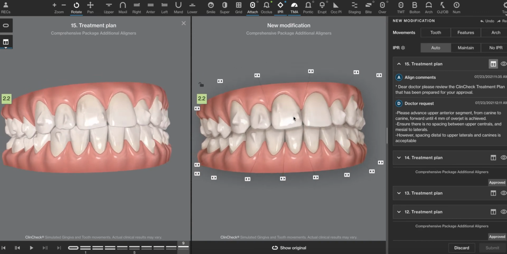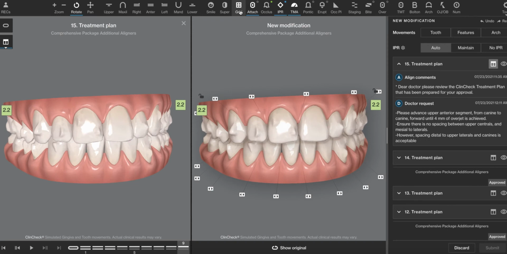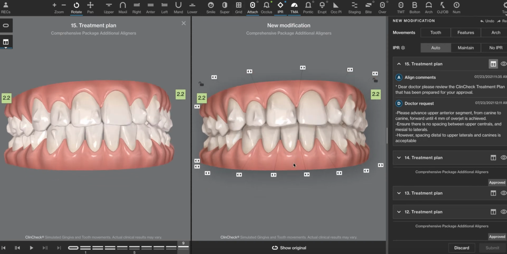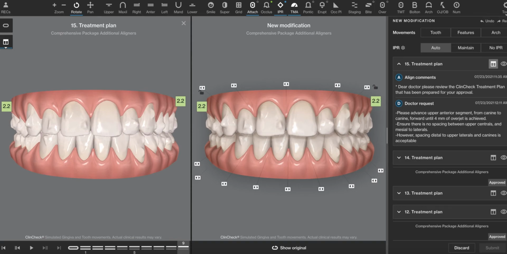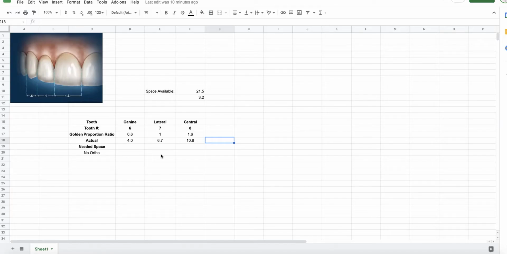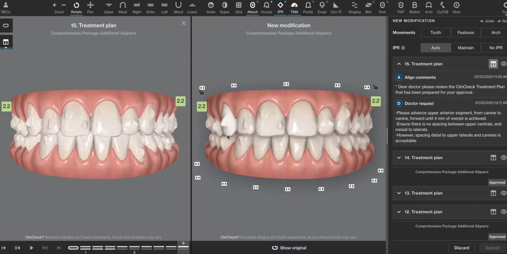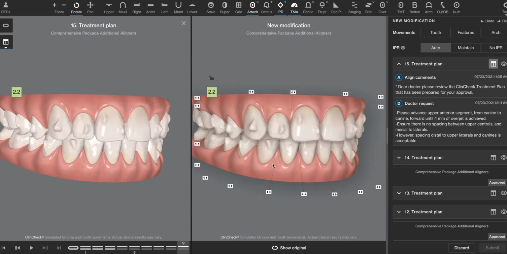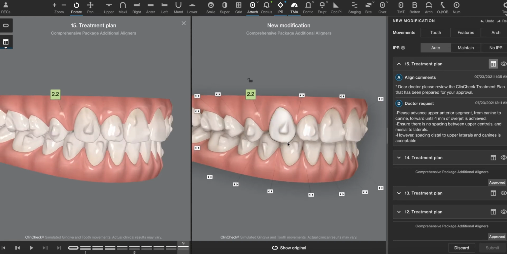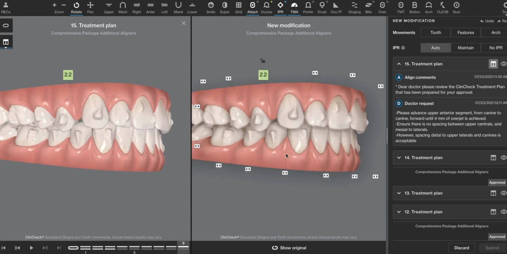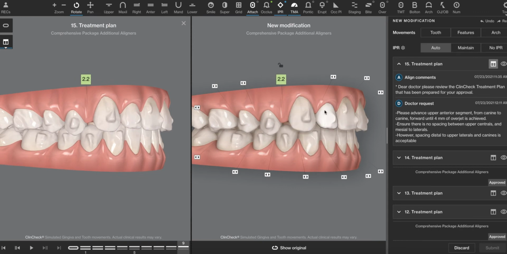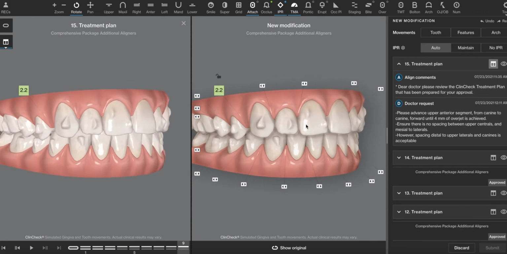I did a space analysis earlier using the golden proportion. I won't bore you with the details here, but let's just take a look at the analysis tool I use. I have this little worksheet here, and I'll do a separate video for it, but you have about 0.5 millimeters that you can add to the laterals on either the mesial or the distal in order to keep the golden proportion where it needs to be. The golden proportion is not an absolute tool, it's a relative tool. It's just something that helps us go in the right direction. I think here, if you add 0.5 millimeters to the distal of the lateral,